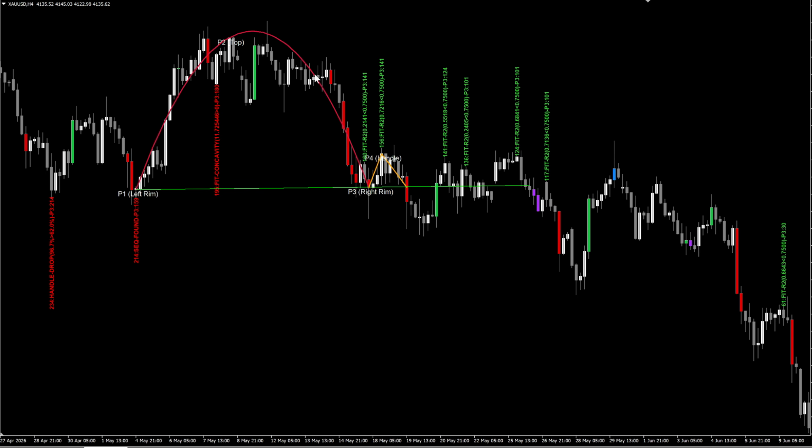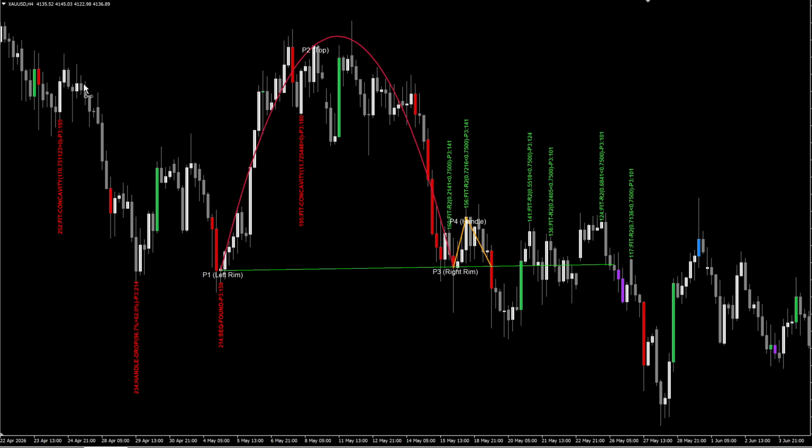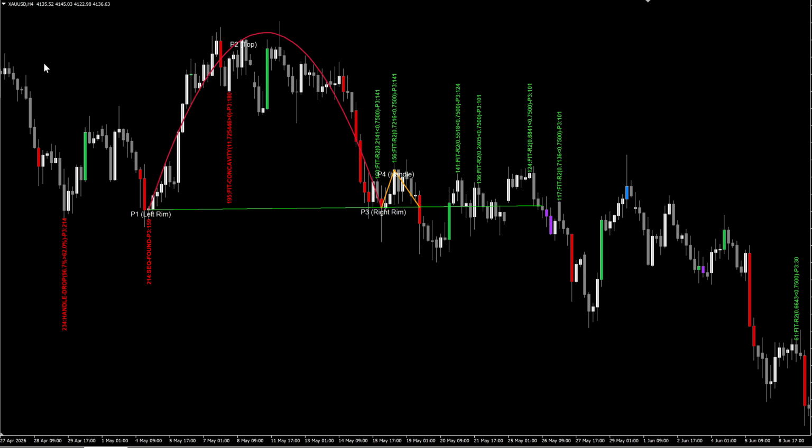Usually when you see this pattern and the handle is very small, right here, it's the inverted cup. So buyers started to win, but then price started to range because sellers were pulling it down. And after that, the buyers tried one more time, but their push was not that strong. And finally, the sellers won and price kept ranging until it started to follow that trend again. So that's what this overall pattern is about.